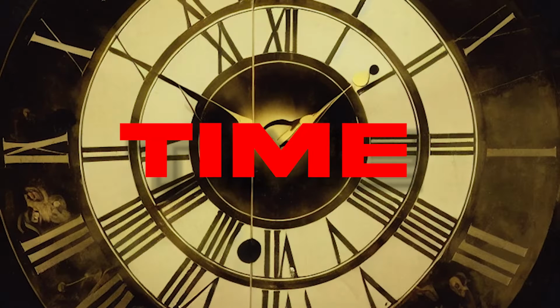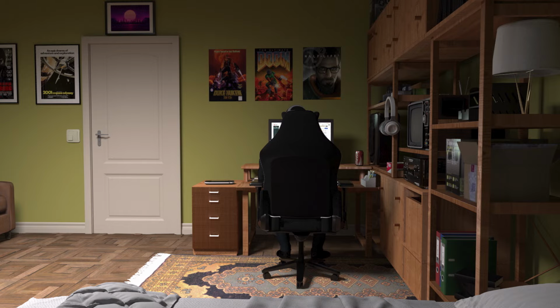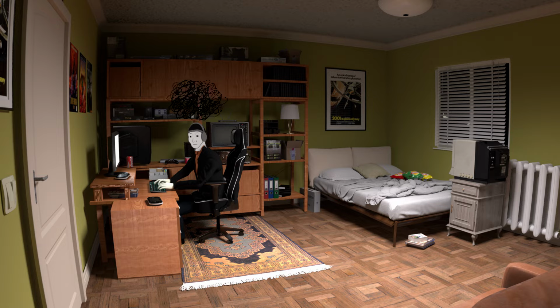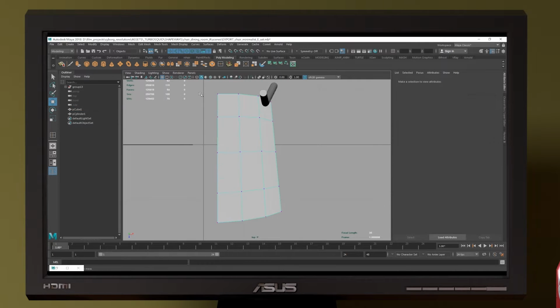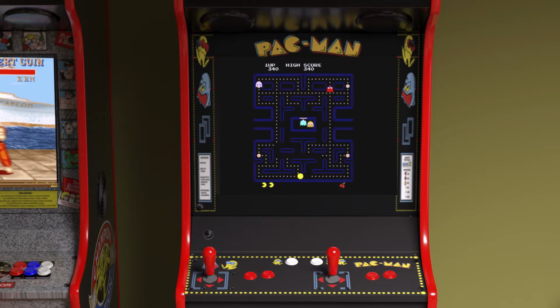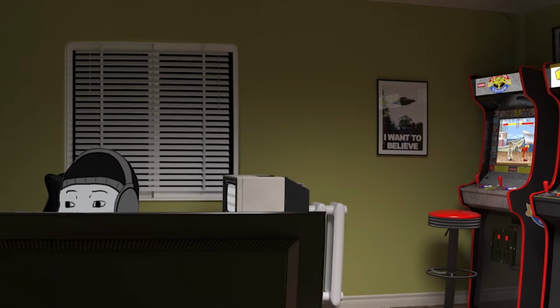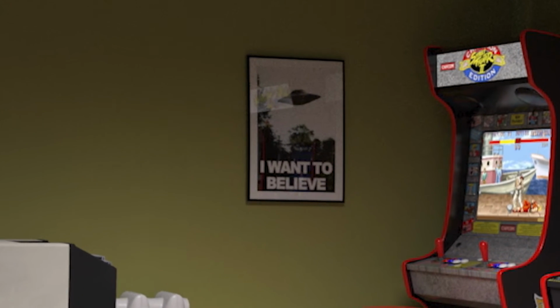Time. If you aren't proficient with modeling yet, a good model can take a long time. And even if you are, depending on the complexity of the model, 3D modeling can be a labor-intensive process requiring many hours in front of the computer. The good news is, if you enjoy this kind of work and spend a lot of time in front of the computer anyway doing things like playing games, you can cut down the gameplay and make more models to sell. Also, it's unlikely your first models will make any real money right away, which brings me to the third point,